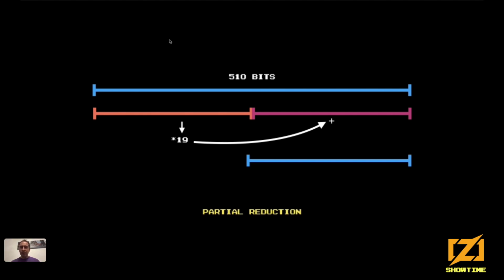However, maybe we don't care. Maybe if we still have a bunch of operations to do, a bunch of multiplications and additions, this is still very small. We can carry on. And only after we are done, we can do a full reduction, which is going to be exactly the same thing, except that we are going to do this step just one more time. So as you can see, this specific number, 2 to the 255 minus 19, hasn't been picked at random. It's been specifically chosen so that implementations can be fast.